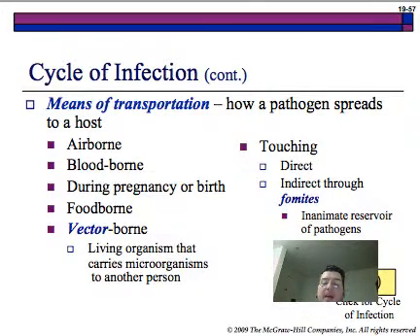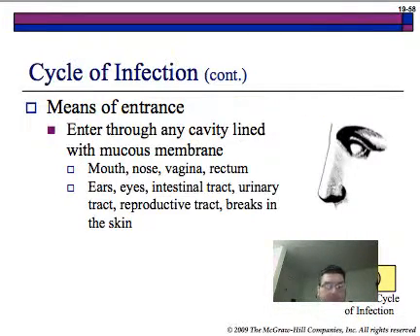A vector is a living organism that carries microorganisms to another person. Also touching, direct, or indirect through fomites, an inanimate reservoir of pathogens, such as a drinking glass, doorknob, etc. The cycle of infection, means of entrance: enter through any cavity lined with mucous membrane. That's the mouth, the nose, vagina, or rectum, ears, eyes, intestinal tract, urinary tract, reproductive tract, and breaks in the skin. Anytime your skin has a sore or any type of break, that's an area at higher risk